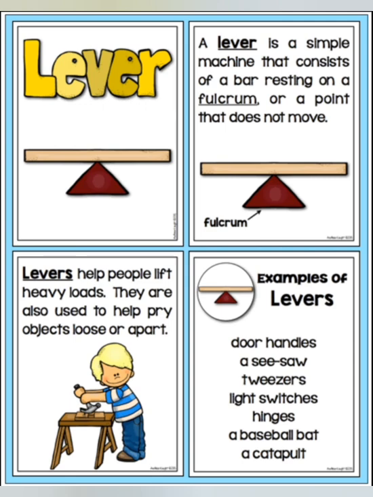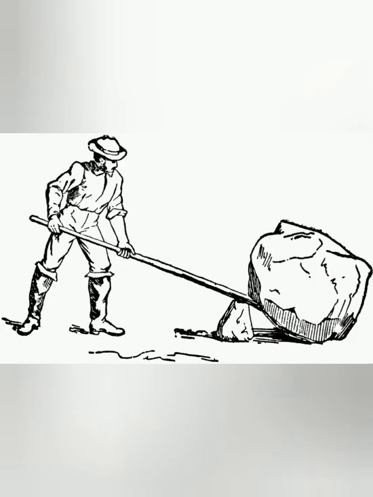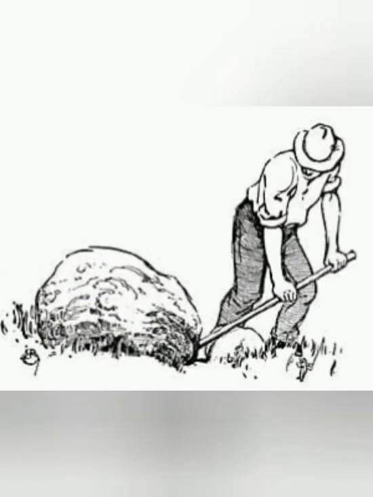Have you ever seen somebody lifting a heavy stone with a rod? He places one end of the rod under the stone which is to be lifted, and a small stone is placed very close to the heavy stone. The small stone acts as a support. A downward force is applied from one end to lift the heavy stone upwards. In this setup, the rod is the lever. The point of support of the rod where it touches the small stone is called the fulcrum. The stone lifted by the person is the load.